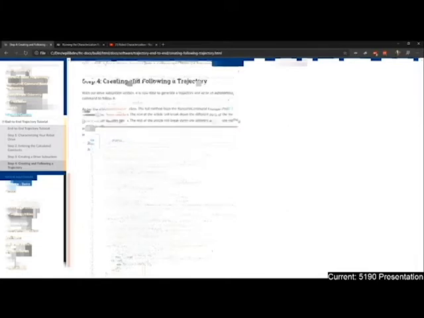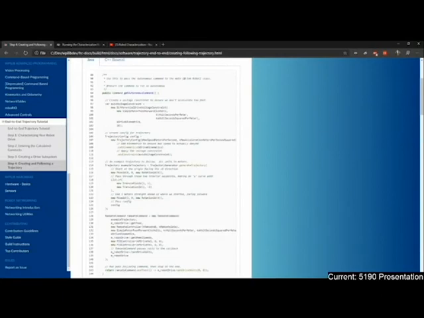And finally, the last thing you want to do is create and follow the trajectory. In a file called robot container, we can create a method called getAutonomousCommand. In here, we can create our command. The first thing we're doing here is creating a voltage constraint. What this does is